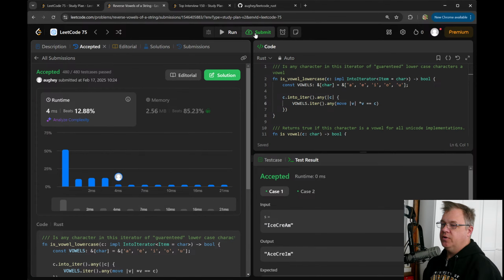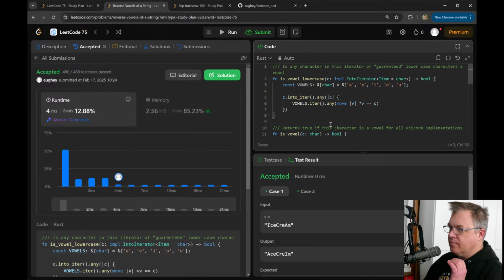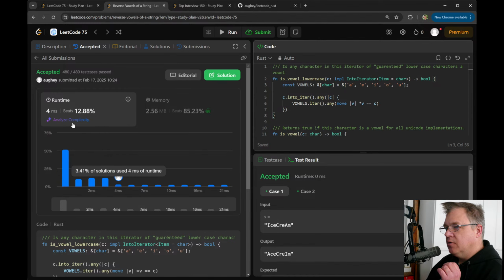Beats 12.8%. I don't know that you could go faster than that. Like, this is probably, well, I'm not going to argue with this right now.